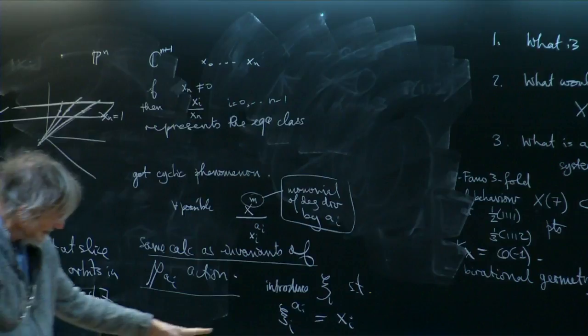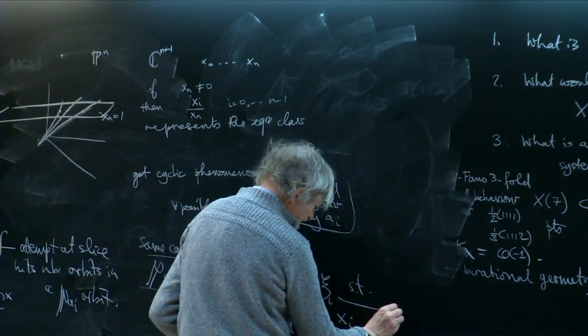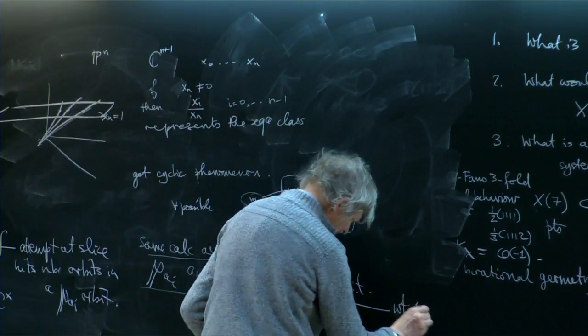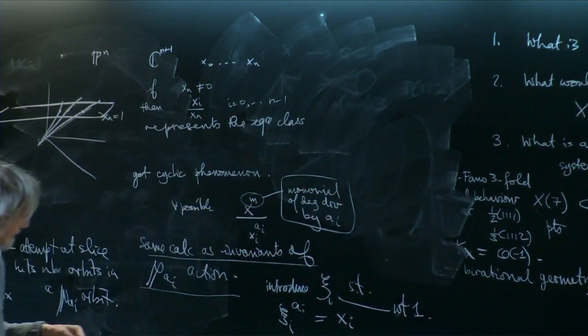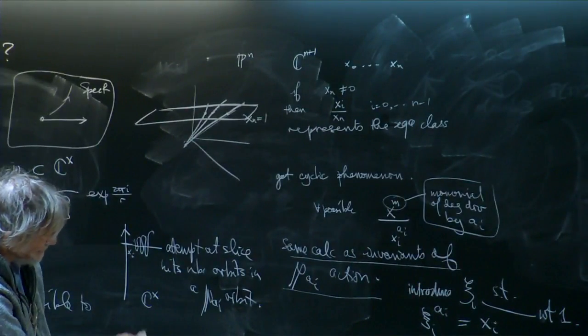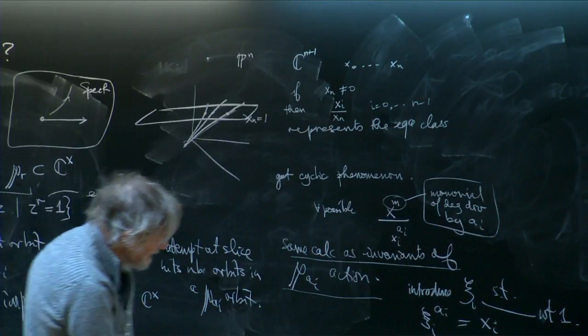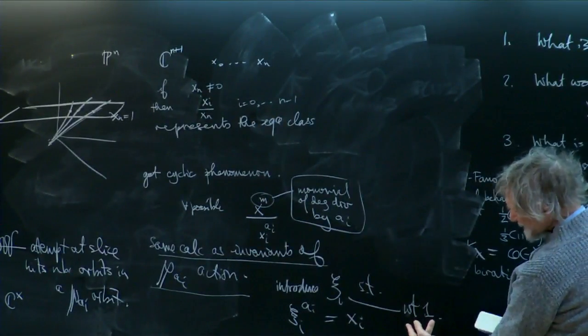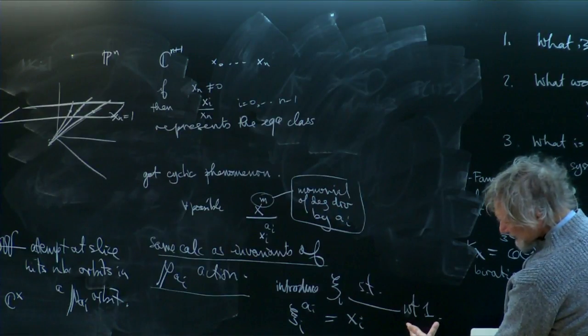And now this one has degree 1. It has weight 1. So it's not actually in the ring. What we're doing is we're passing to a ring where calculating these invariants is going to be easier. So later on we have to pay a price for that, but I'm making a slightly bigger ring